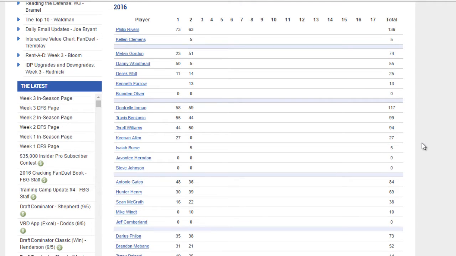With Keenan Allen suffering a season-ending injury in Week 1, we knew there would be some value in San Diego's wide receiver corps heading into a home matchup against Jacksonville. The only question was which wide receiver would benefit most. If I were looking only at the snap counts, I might assume Dontrell Inman was the best play. He saw the most snaps and has the longest tenure on the team, but his Week 1 stat line was